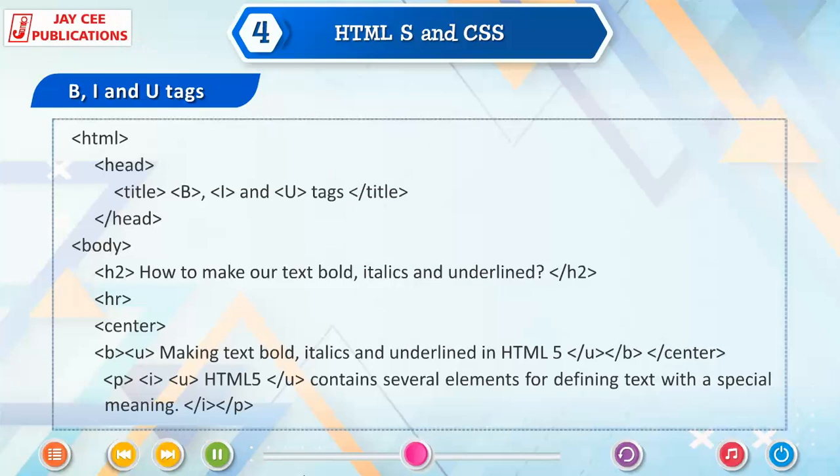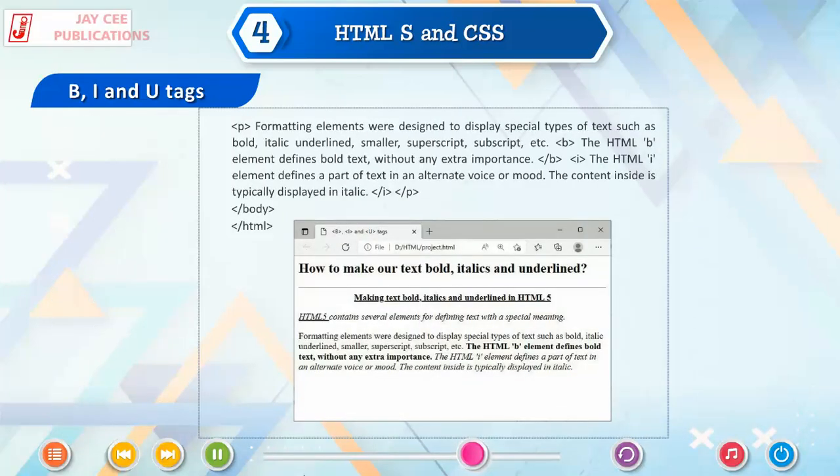underlined in HTML5, </u>, </b>, </center>, <p>, <i>, <u>HTML5</u> contains several elements for defining text with a special meaning, </i>, </p>. <p>Formatting elements were designed to display special types of text such as bold, italic, underlined, smaller, superscript, subscript, etc. <b>